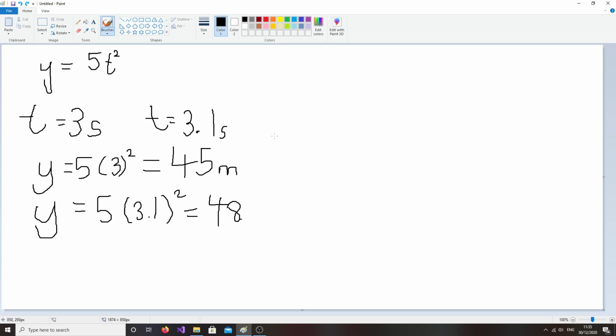Let's do 3.01 this time. And that's going to equal 45.3005 meters. And if we do the same again,